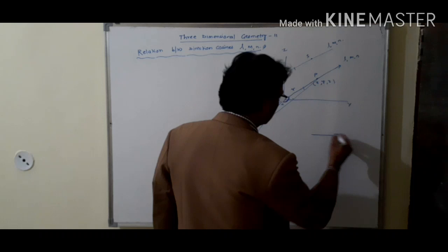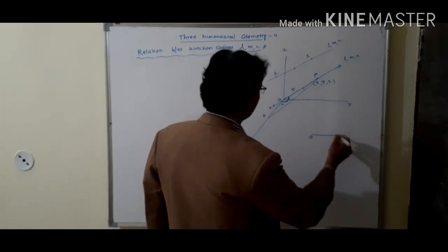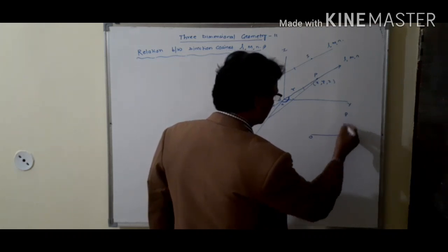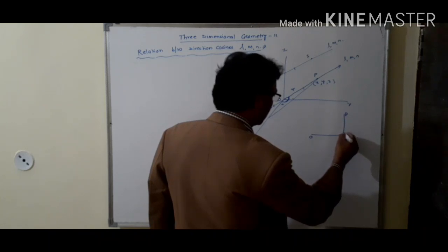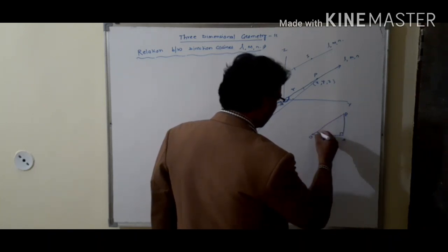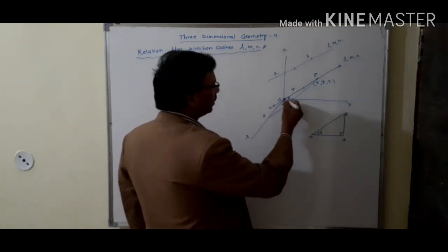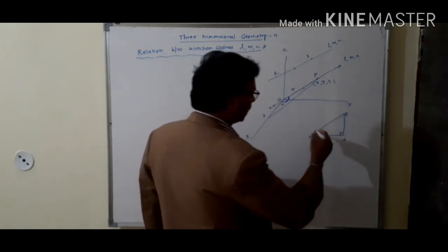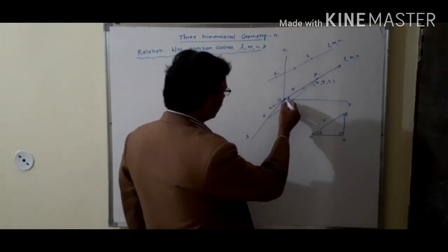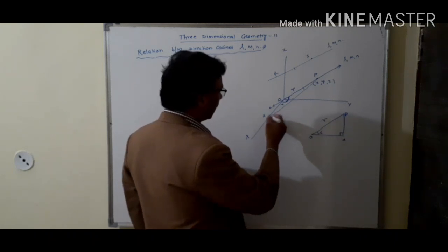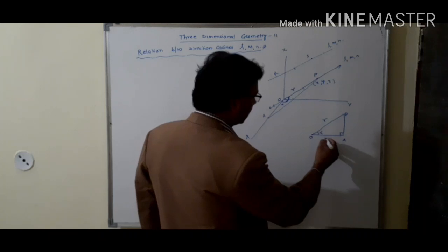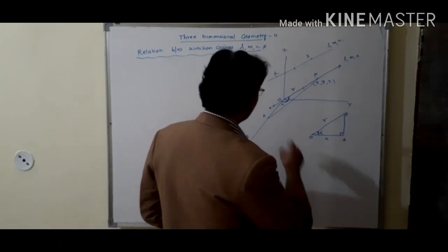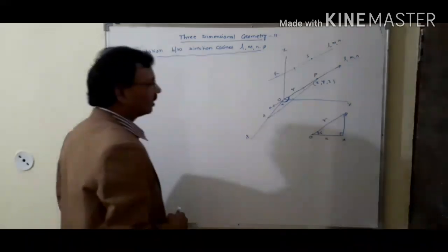Now we draw here, suppose this is O, P and this is A. So PA is the perpendicular and this angle is alpha. Since OP is the position vector of P with respect to O, OP equals r, and OA is the x coordinate on the x axis, so OA will be x.